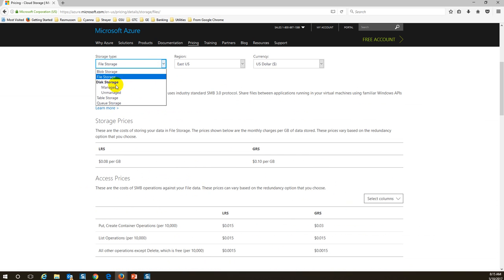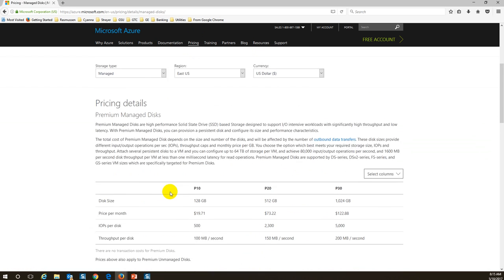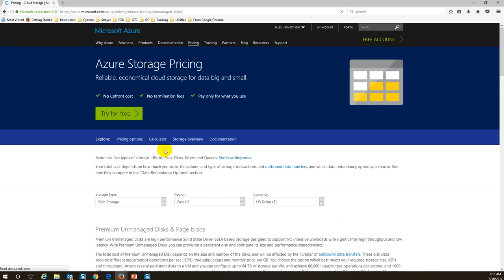Now let's take a look at the disk storage. Especially, we are going with the managed one, right? For the disk storage, you can see the data price. If the disk size is 32 GB, you just pay 0.77 cents per month. If it is 1 terabyte, then you are paying $21. This is mostly for the managed disks. If you go with the unmanaged storage,